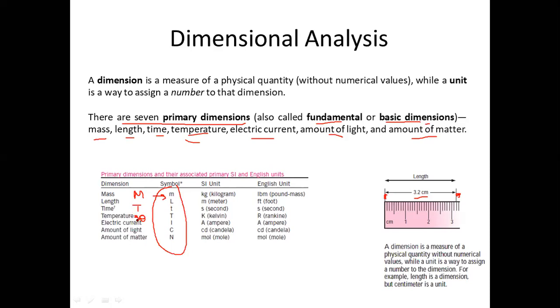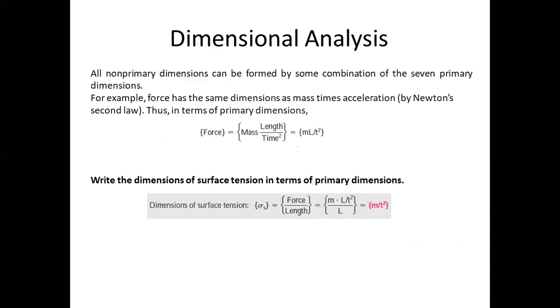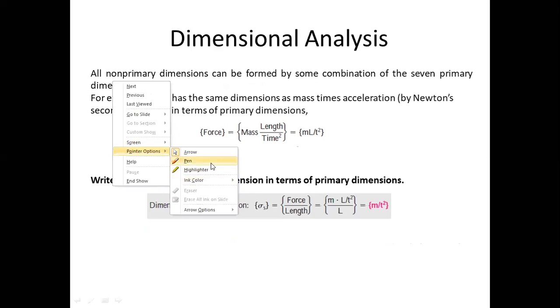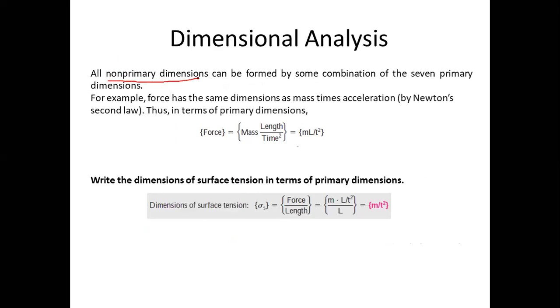Keeping these points in mind, let us move to the next slide. Any doubts on this slide? No, sir. Okay, so we talked about the 7 primary dimensions. After that, there are certain derived units. There are 7 fundamental, then there are other derived units. So what are derived or non-primary dimensions? In this slide, we are going to learn about certain non-primary dimensions, which are sometimes also called derived dimensions.